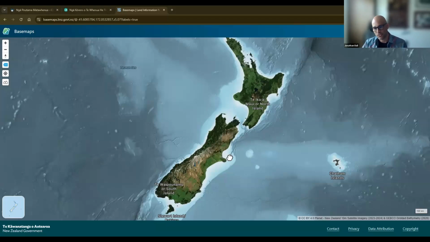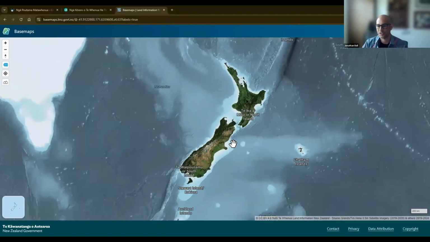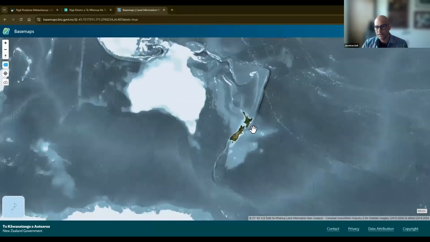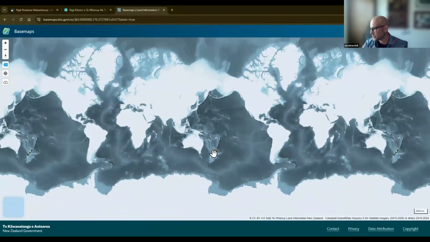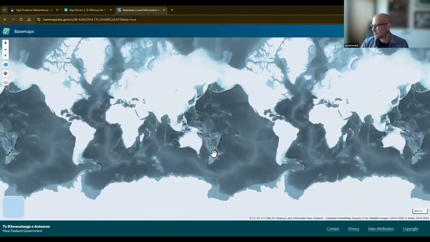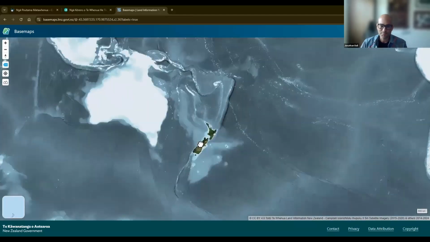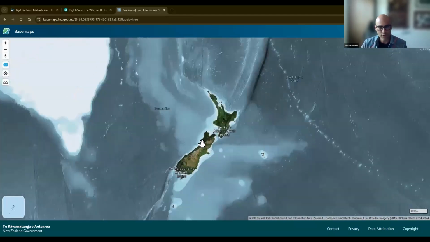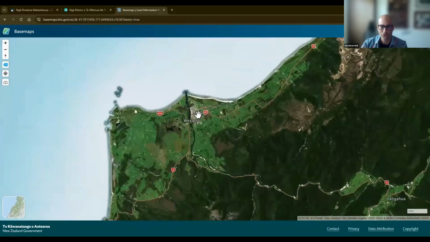So if you go to Base Maps, this is what you see. It's your standard web map, and it focuses in on New Zealand. Zoom out, we've got the whole world, though most of the world doesn't feature in this. It's maybe a nod to that old Maps Without New Zealand collection. This is our map of without every other country. So you can see the world, but you can also zoom in to any level of detail you like.